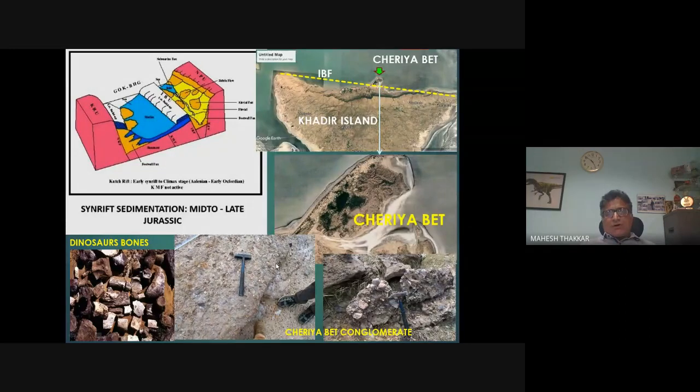So this conglomeratic horizon in the Cheria Bed has several big blocks to small sized, not very much rounded, mostly angular boulders and fragments of Malani rhyolites, gabbros, and syenites, and most of the rocks of the Aravalli system are found in this conglomerate. So this proves that the Run Graben received colluvials and alluvials, which now you can correlate with the